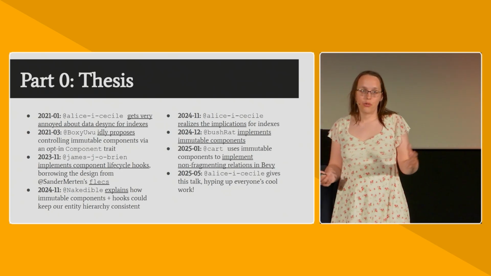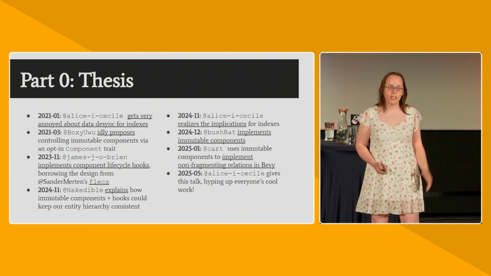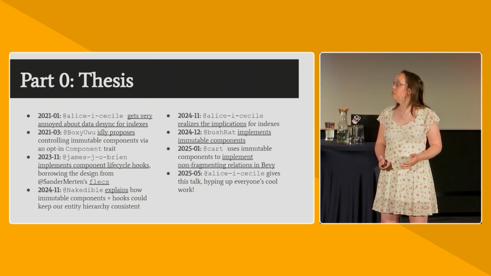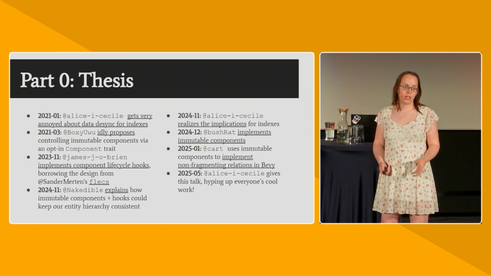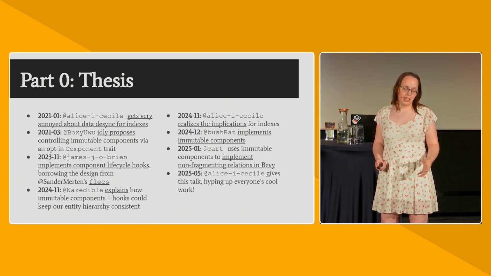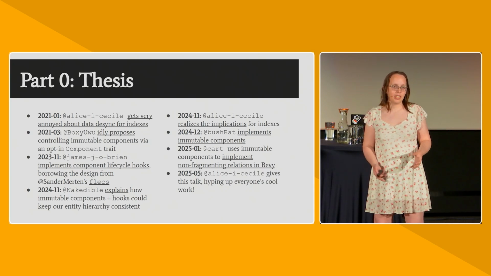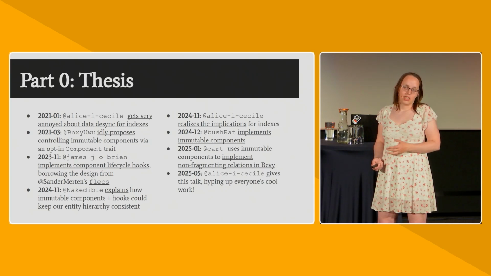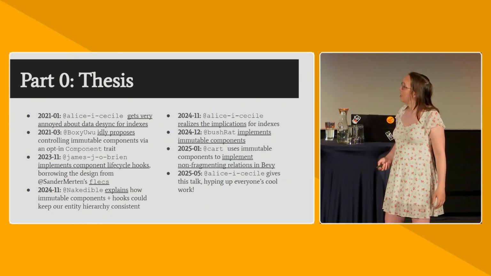So way back in 2021, when I was first getting involved with Bevy and first learning to program, first learning to write Rust, I got really annoyed about how hard it was to use indexes in Bevy. Say you have a quad tree and you want to track where your positions are, and then quickly look them up. If you've ever used indexes before in a relational database or anything, you know that keeping them in sync is a pain. I went through a half dozen different solutions, and I walked away very unsatisfied with how hard it is to keep these things synchronized.